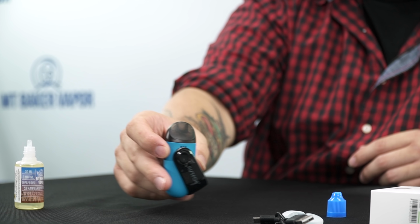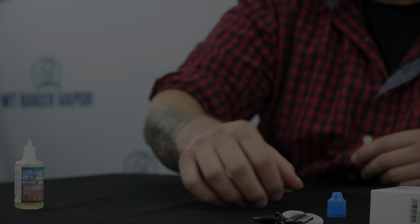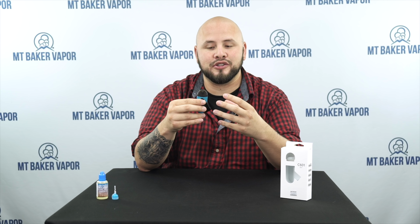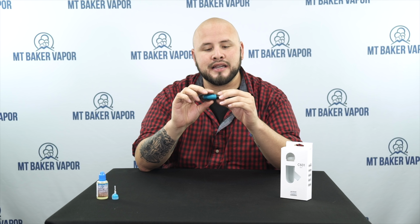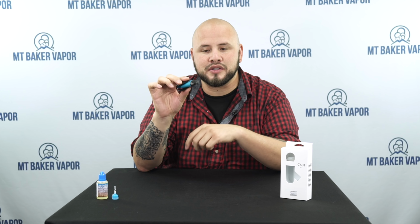Let's go ahead and head back up and we'll talk about it a little bit and we'll vape on it. So you can see the amount of vapor that this thing is producing with a 1.6 ohm coil. And like I said, I really think that the vapor and flavor production that this thing delivers just really has to do more with the way they've designed the airflow on these pods and with these holes on the device. The pod has a really good feel in your mouth as well. You can see the contours in the pod,